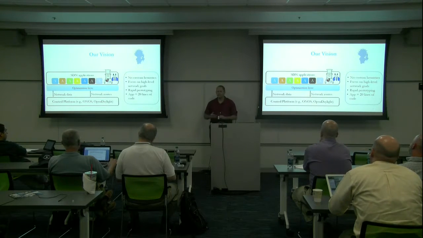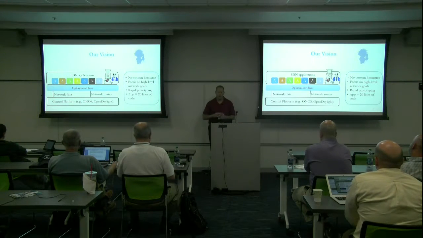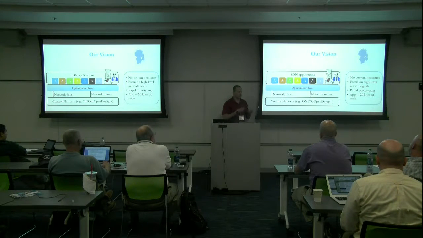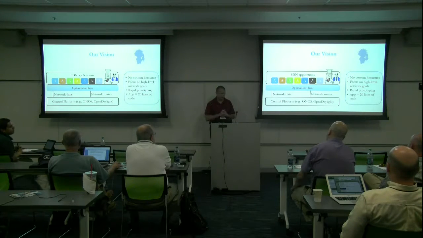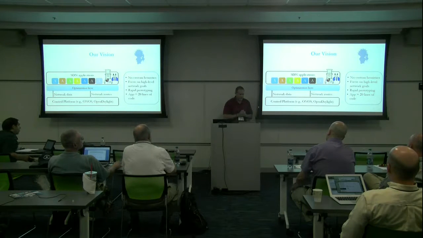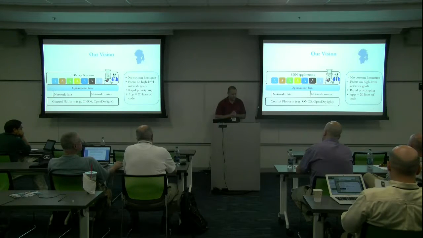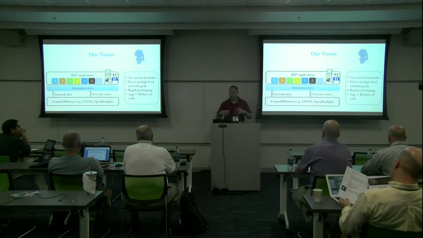In particular, some of the things we wanted to do with this work is to not force the application writer to come up with application-specific heuristics. We wanted to tackle this problem generically, but of course we have some limitations in terms of what we'll be able to achieve generically, and I'll talk about those in a few minutes. We wanted to cause the application writer to focus on high-level network goals, and allow them to rapidly prototype and play with things. Think about an app being 20 lines of Python, not hundreds of lines of CPLEX optimization code. So we want to make this really simple.